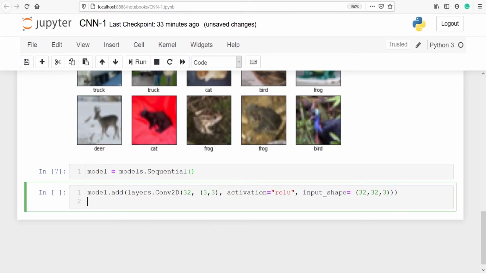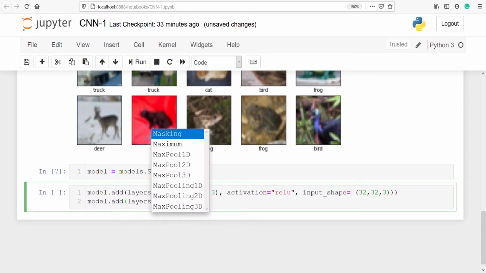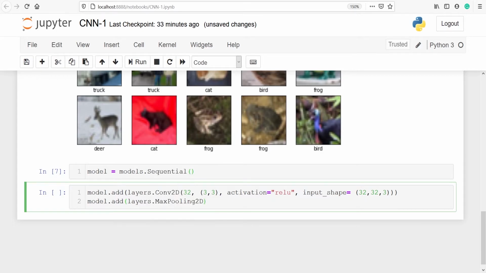Then we will add one more layer, model.add layers.MaxPooling2D. This will be 2 by 2.